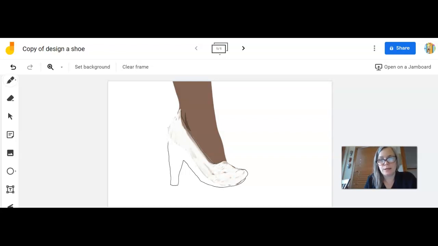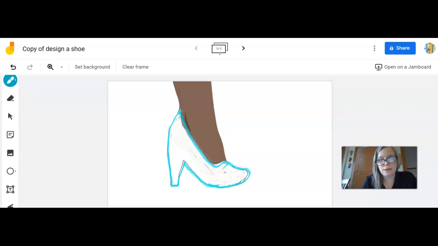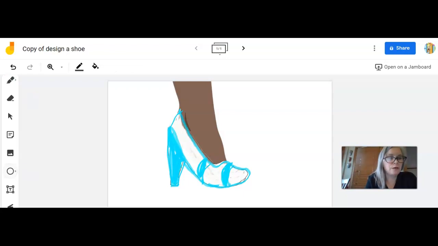So I'm going to go ahead and get that shoe on there, and then I'm going to go ahead and redraw that shoe. Okay, and then I can start having fun adding details to that shoe. So maybe this shoe has some stripes on it. Maybe the heel is a particular color. And then if you want to, let's say I want to add